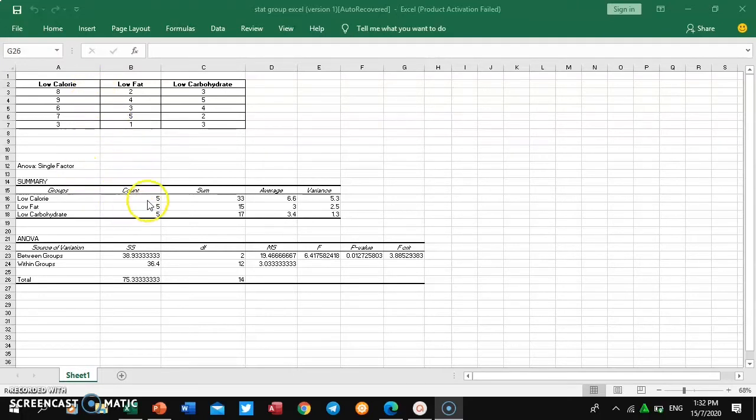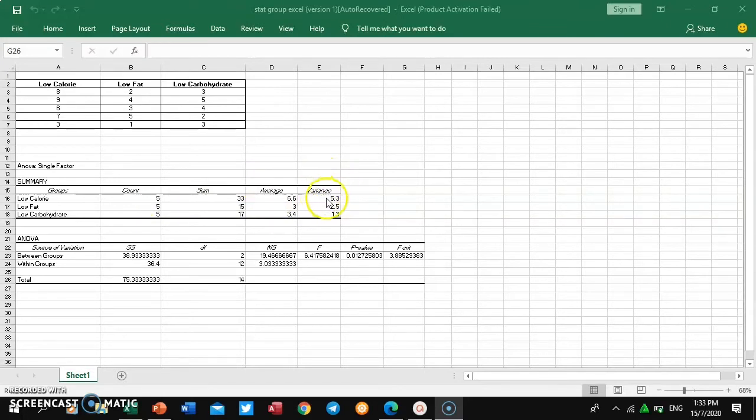So we can put the count 5, 5, 5, which is actually the same. To get the sum, we can sum all of the low calorie, which gets 33, and the average, which we can get from 33 divided by 5, we get 6.6, and the variance